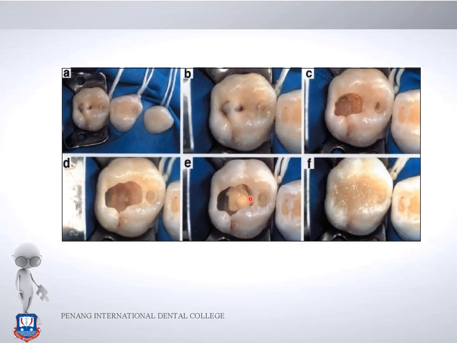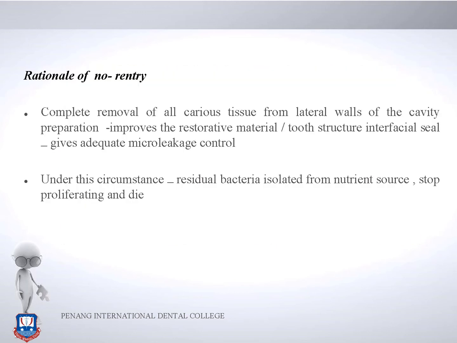Of course, this calcium hydroxide has to be protected by a layer of GIC, glass ionomer cement, and then you can put the composite, and then you can observe the tooth periodically for any symptoms of irreversible pulpitis, where you will have to change the treatment to a root canal. But the prognosis of this treatment is very good.